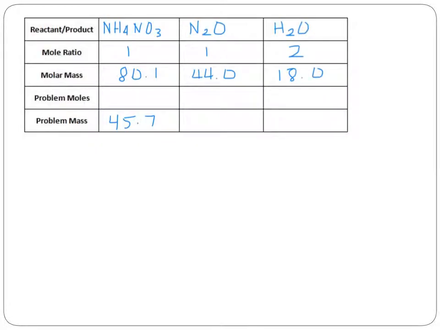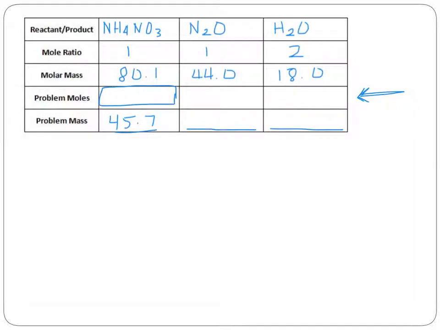So in order to calculate the final masses of the products of this decomposition reaction, we have to go through the moles because we can't go from grams to grams, even though we have the rest of this chart all filled out. And so our first key project is to figure out how many moles of the ammonium nitrate is in this